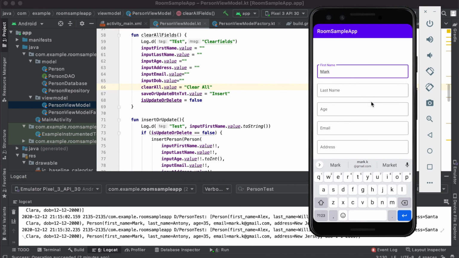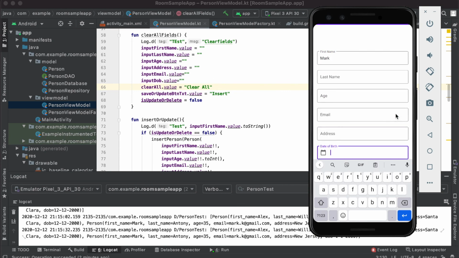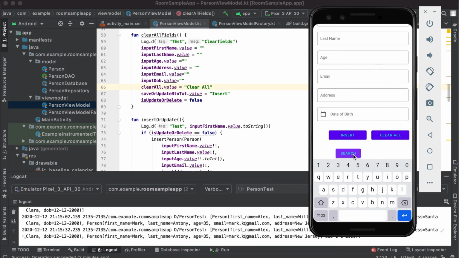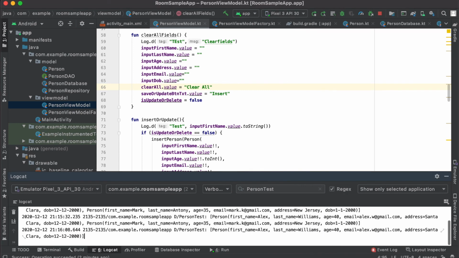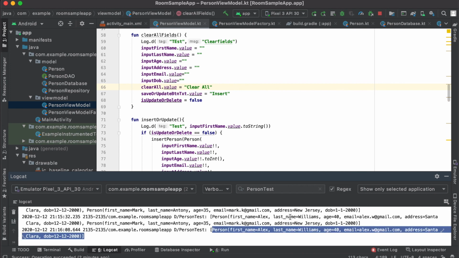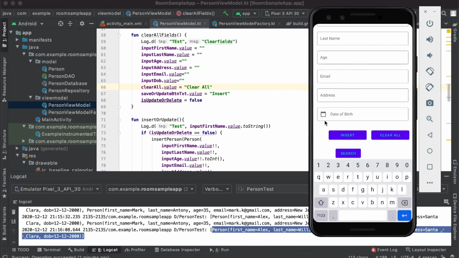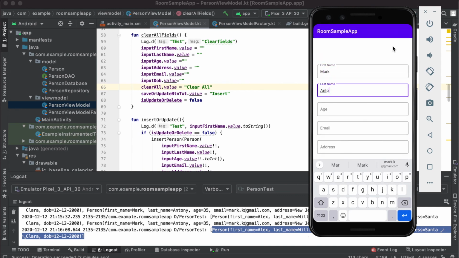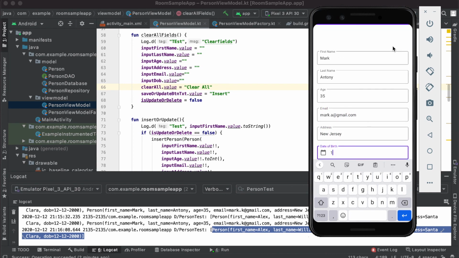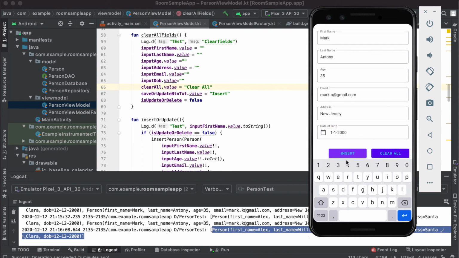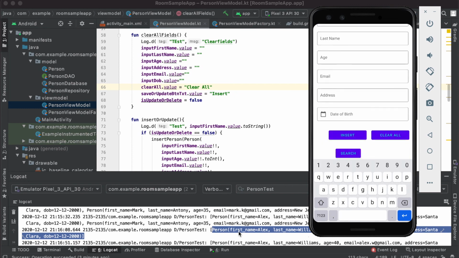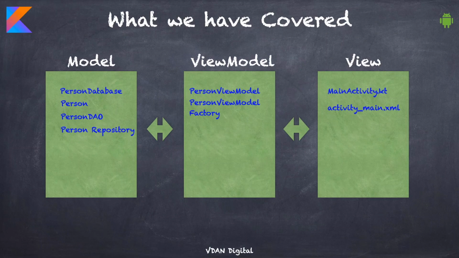Now searching Mark and delete. Now you can see in the log, only one record appears in the table. Adding Mark again. Okay, now